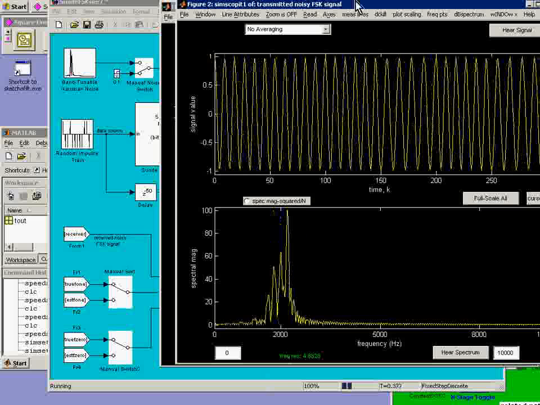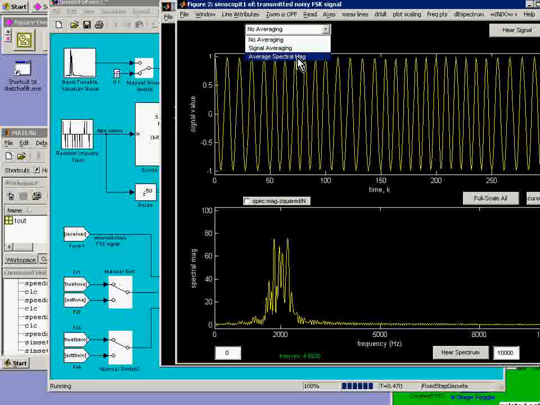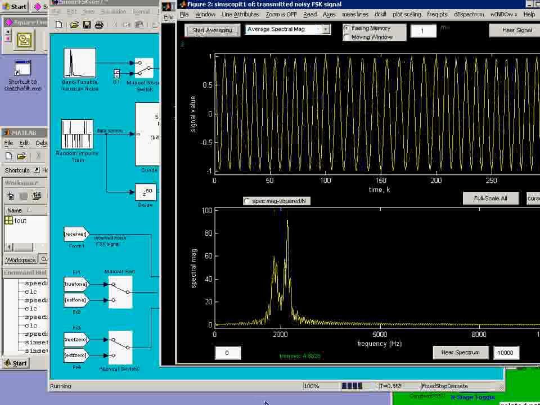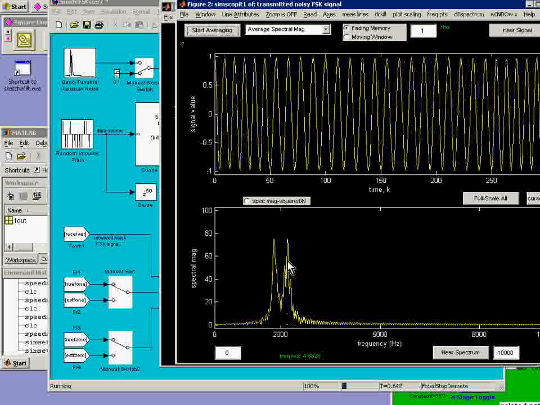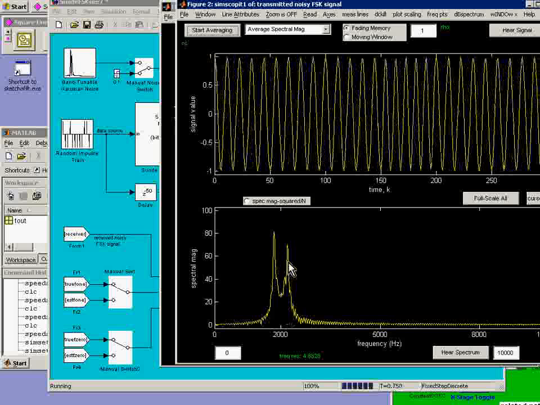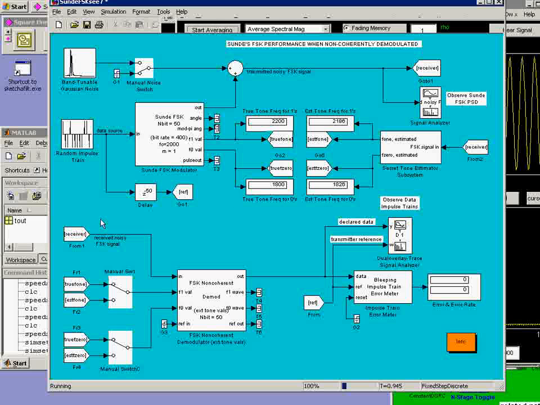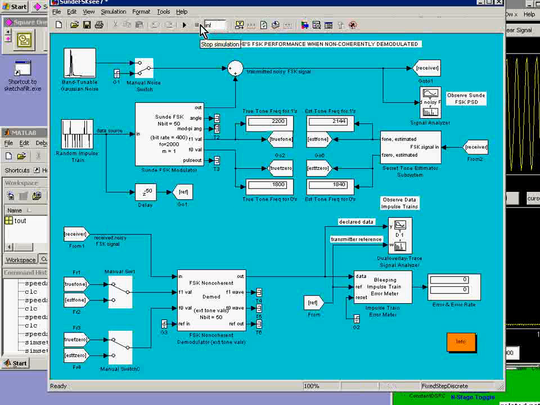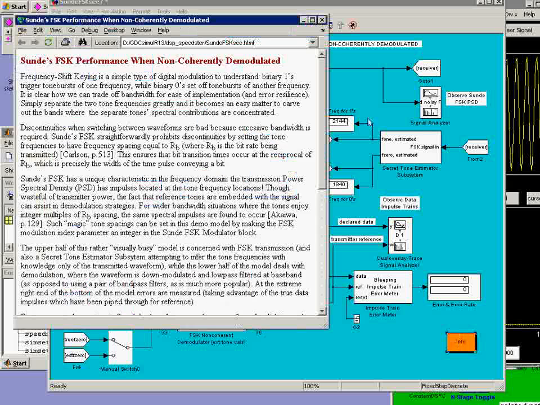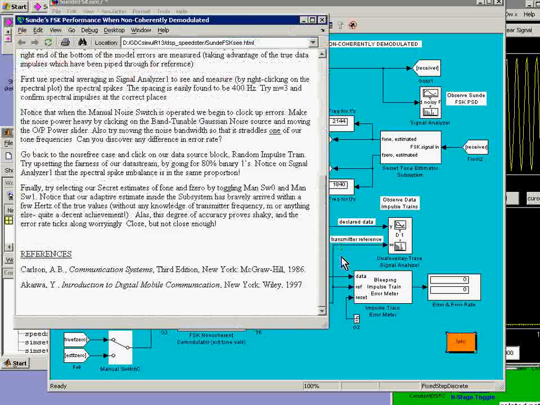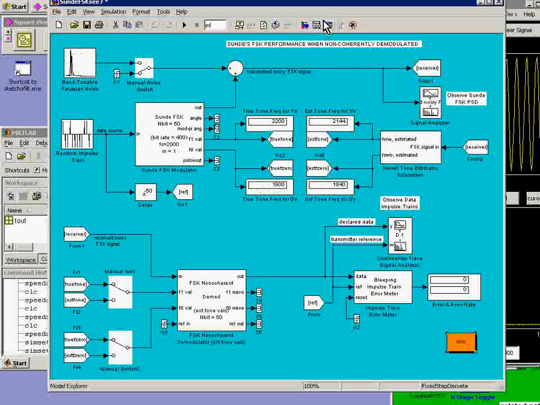going back and forth. We can average those spectrally, and we start seeing that there's some little ears picking up on here. This is so-called Sunde's FSK, and these ears can be used for synchronization purposes. And again, the story here is for that, and references to a couple of communications books. So there is some description of what you're seeing here, but the value of these little snippets of information is